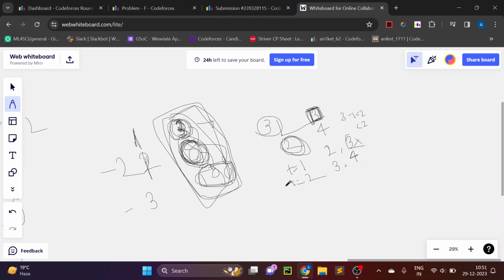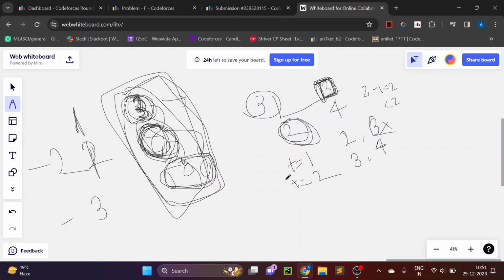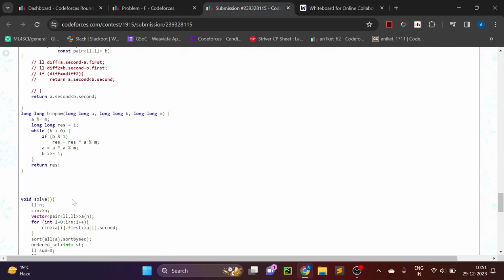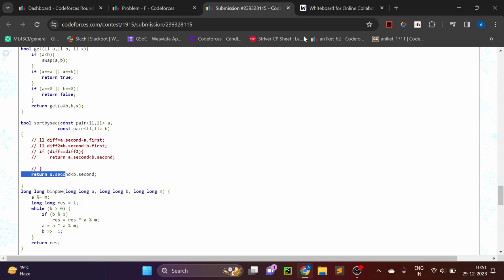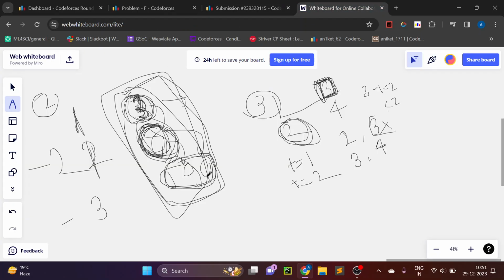I also tried how I can do it. So I will first sort all according to second observation. I will sort all the vector pairs using second value. So I have to write a comparator, and for each I from n minus 1 to 0, I will iterate and insert value of first element of the pair, and whenever I reach